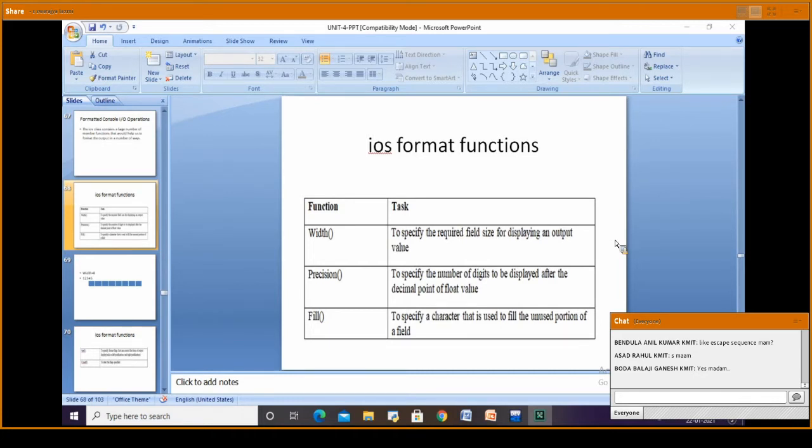For example, consider the previous example itself. In that, I wanted to fill 5 fields, so the remaining 3 fields will be unused. Such unused spaces can be filled with a character. If you want to fill them with some character, then we use this fill function. Are you able to follow?